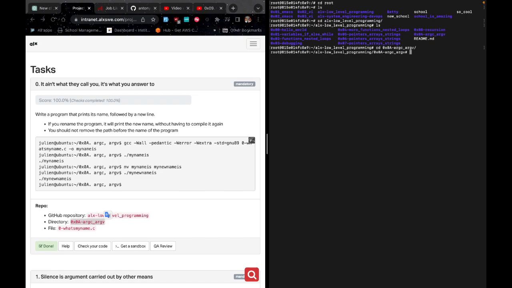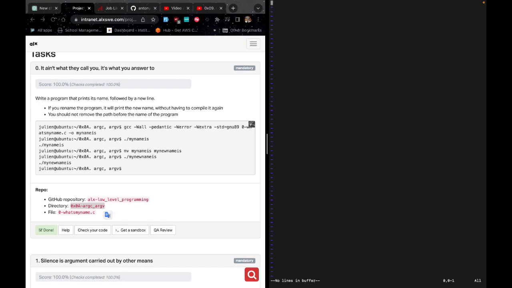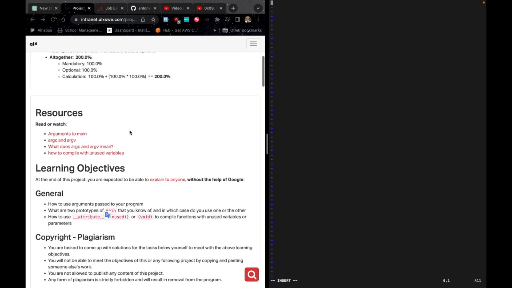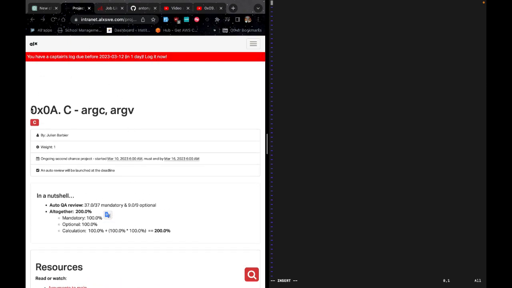So to do that, we are going to type vi readme.md, which is markdown. The readme file we are creating is a markdown file. That is why it has the extension .md. Whilst in the command mode, click I to move into the insertion mode. Then what we are going to do is to copy the task heading,